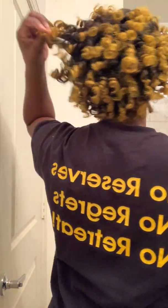I'm just trying to pick it out, make it perfect. But the curls are still bouncy though, which that's definitely a plus for me. So yeah, this is what I got going on. Hope the back looks okay. And I'll come back to you guys once I've put a little makeup on, put a little something together,